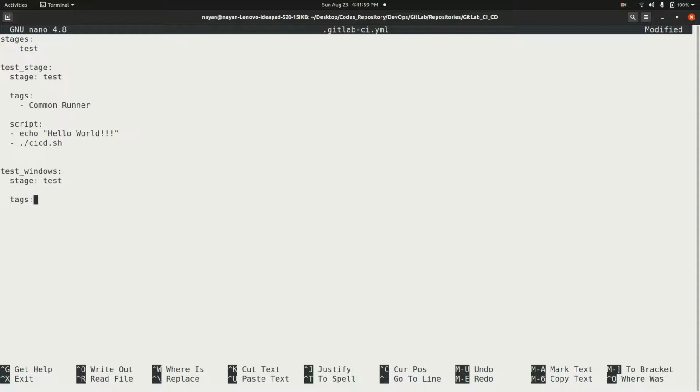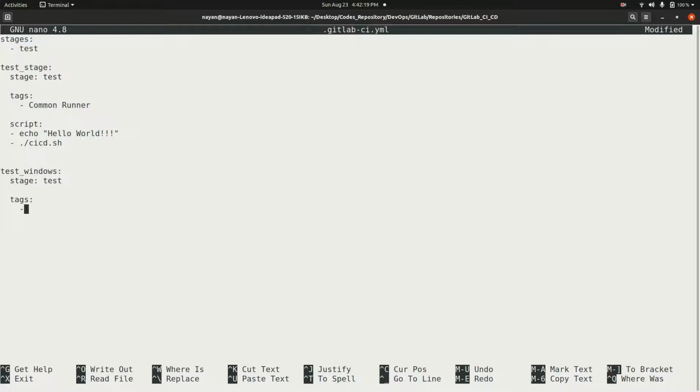Tags means it is a name that we provide to GitLab runner while registering it, as well as we can provide this name by using the GitLab UI.